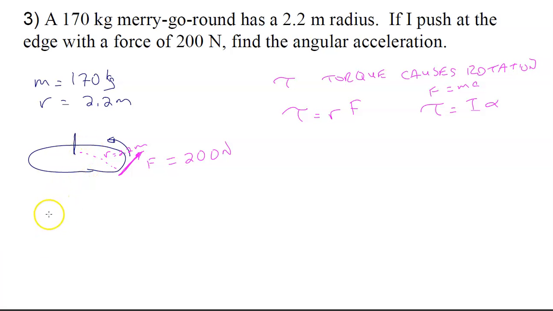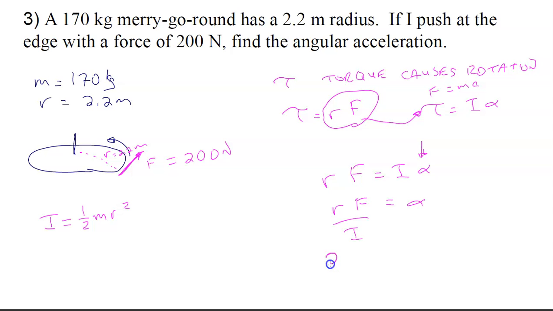Well, this is a flat cylinder, a flat disc, so I could go to the table and look up the moment of inertia of that, or on a test, that expression would be given. There should be a little table with all those in it somewhere. So I've got that. Anyway, if I take this part right here and substitute it in for torque, then I would have RF equals I alpha. We're looking for alpha over here, so I need to divide by I,